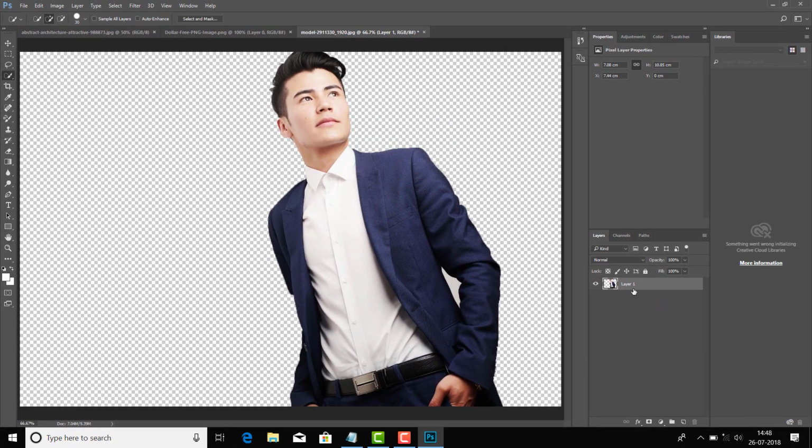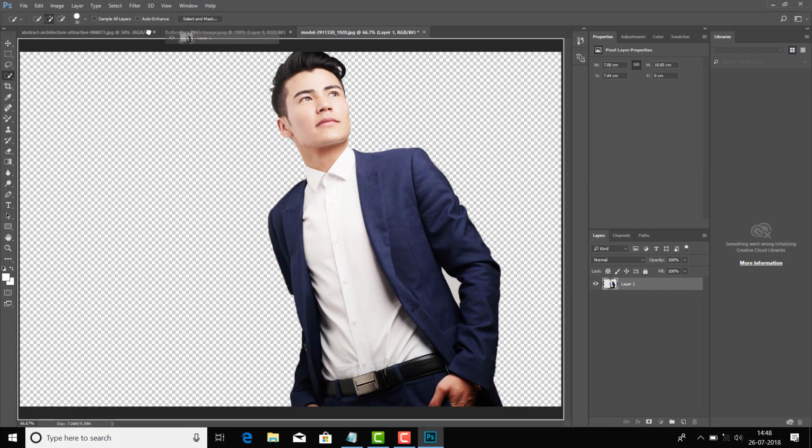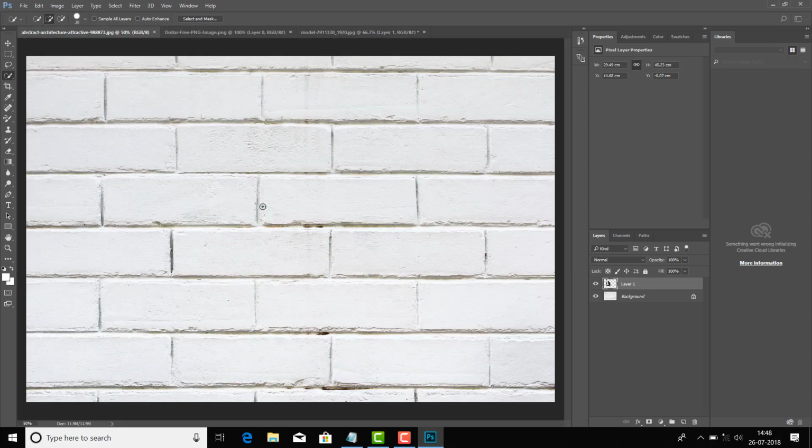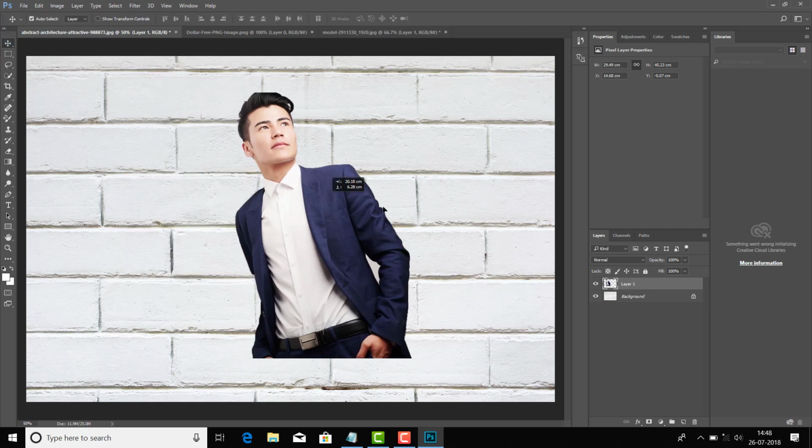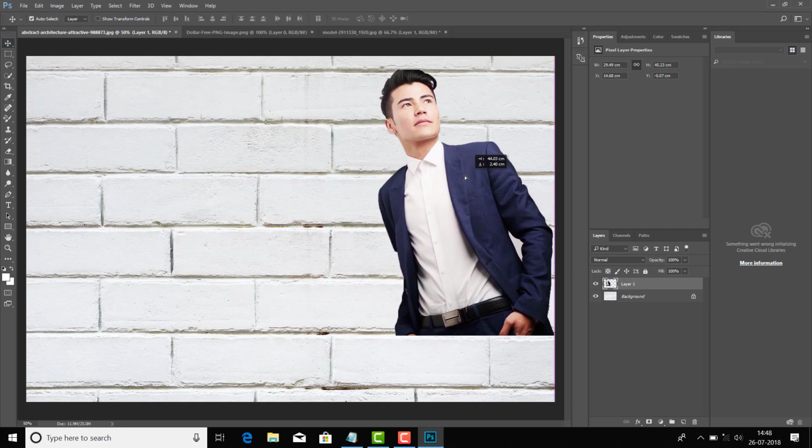And next thing you want to do is to drag this layer onto this background layer. So this will be our background, I'm using this image as our background image. So I'll drag this person here. So next thing you want to do is to go here and select this rectangle tool and draw a rectangle like this,